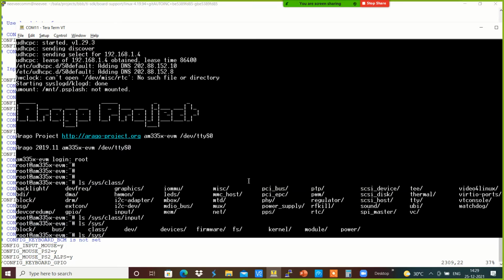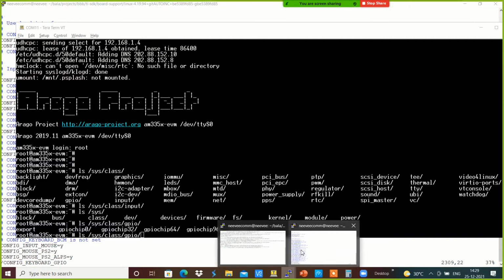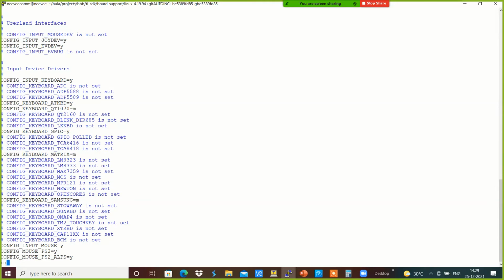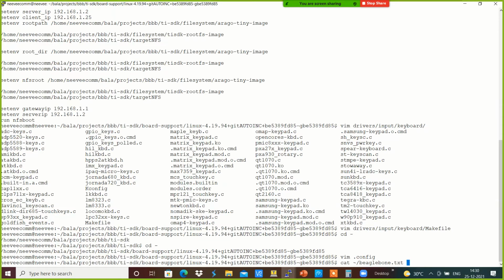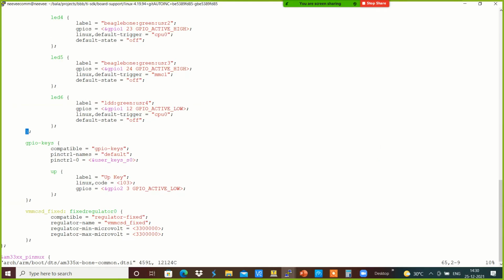Sys class GPIO and config keyboard GPIO, which has been enabled, and which basically provides something like gpio-keys, which has been added, and which has something like an up key that should be present over here.